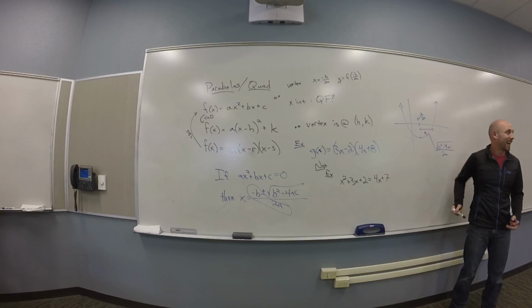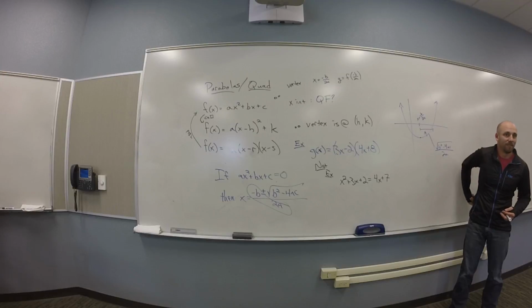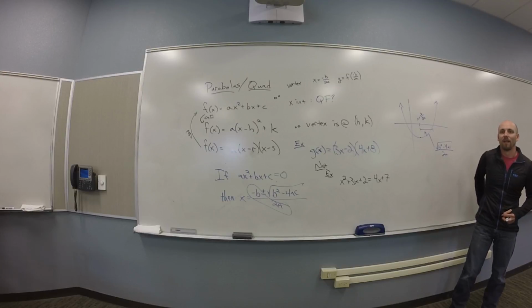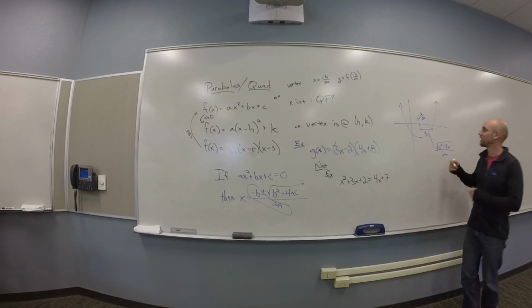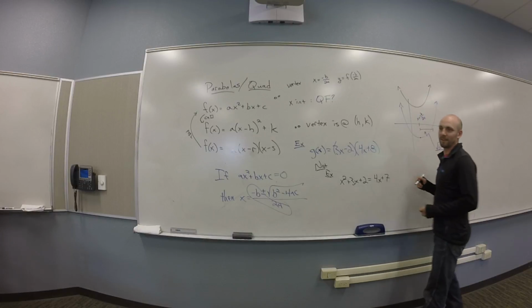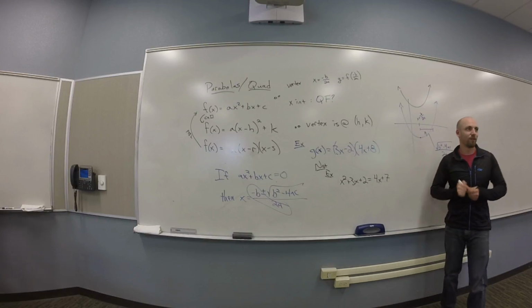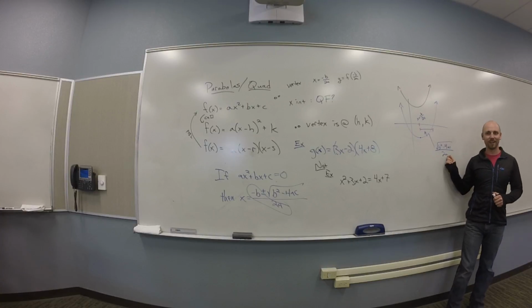What does it mean when that thing under there is negative? It means there's no intercepts. So that can happen like this, right? And then is the vertex formula wrong here? No, it's just weird because the distance